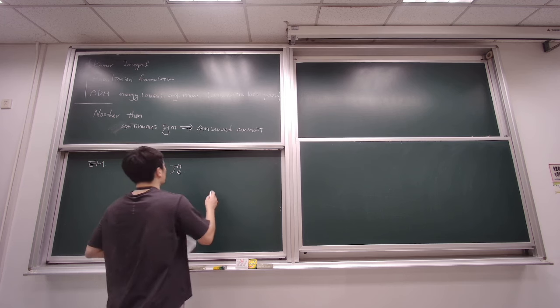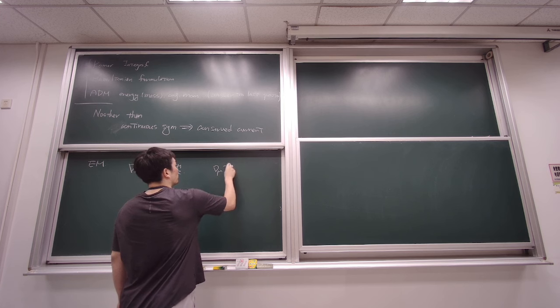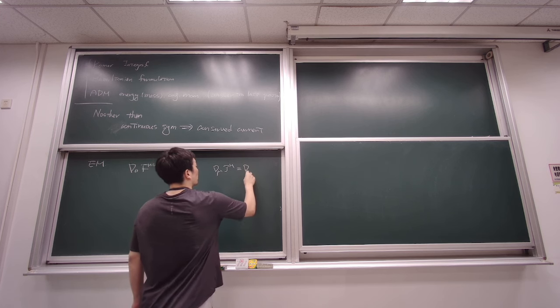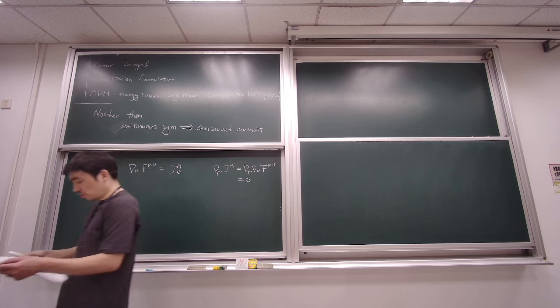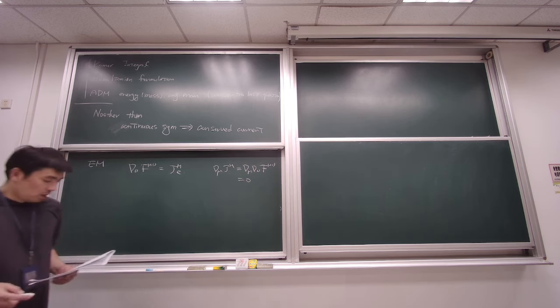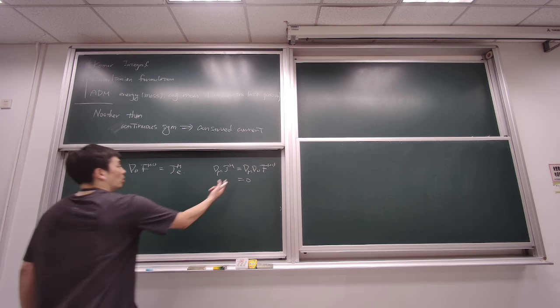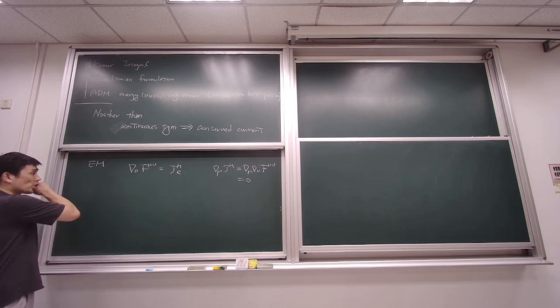Here of course del mu J mu is equal to 0, with J nu given by del mu F mu nu. Since F mu nu is antisymmetric, it's obvious that the current is conserved, and this is a conserved current, and the conserved charge